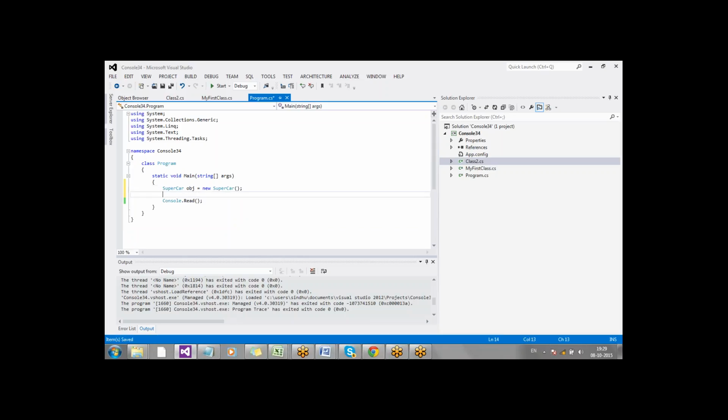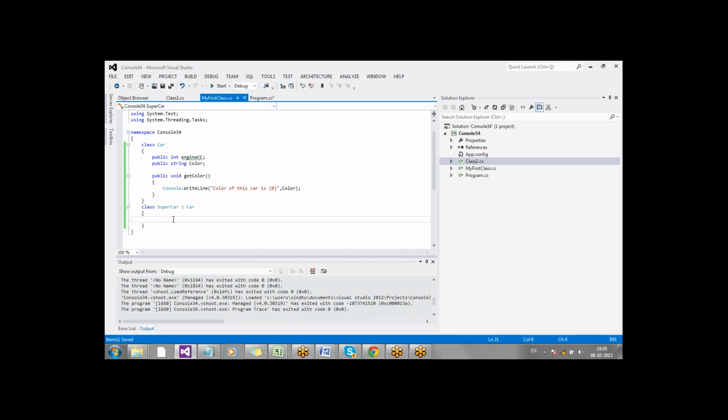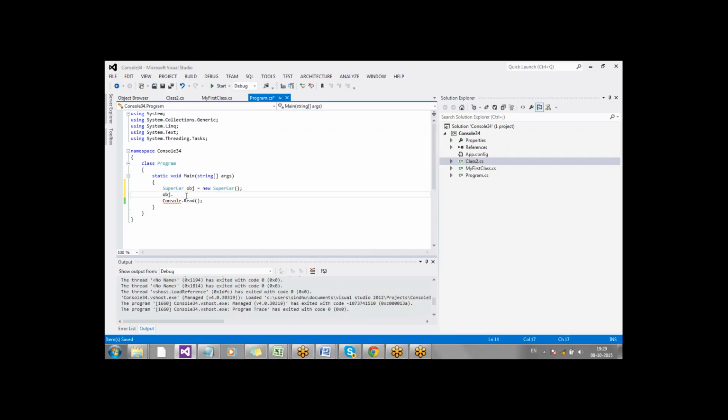Now if I type object dot, I will be seeing all my members which are defined in my base class, right? Color, engine, and GetColor. However, I did not define them in my child class. Due to inheritance, as it is inheriting from the base class, it is able to access the parent class's fields as well.